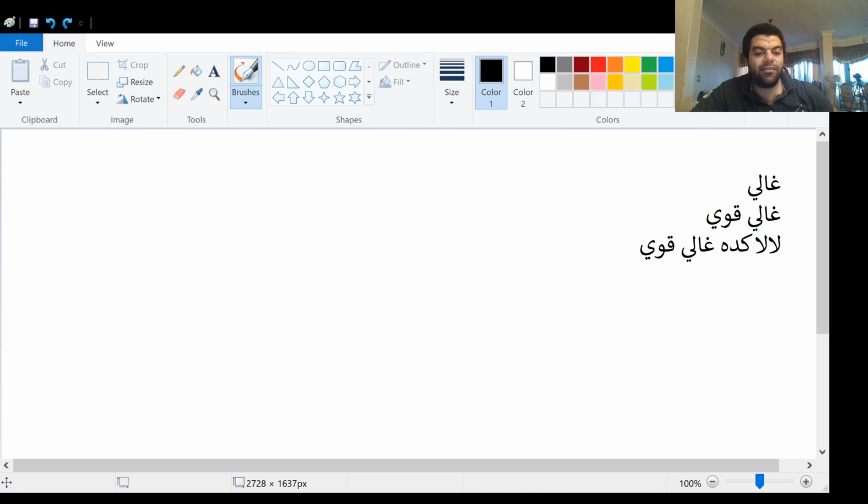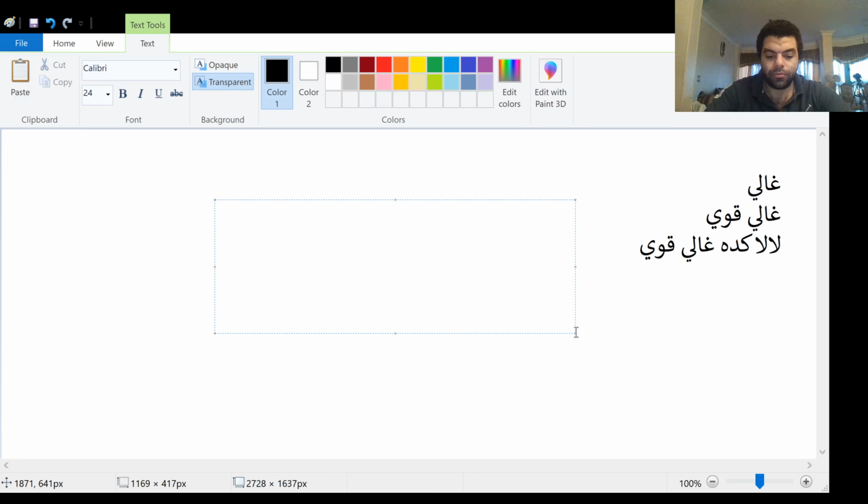So if the guy says, for example, you're buying whatever, and then he says meat guinea. Meat guinea is 100 pounds. By the way, the Egyptian pound is called guinea. You might be wondering, isn't 100 called miya? Yes, it's called miya, but when we say guinea afterwards, ta marbuta becomes t. So we say meat guinea, 100 pounds, and you say, لا لا لا كده غالي قوي.